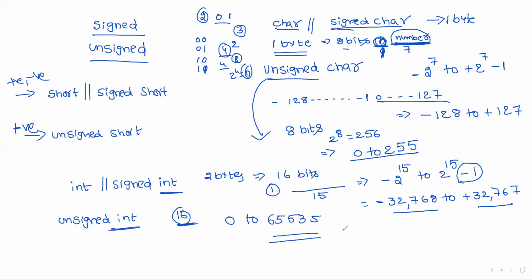Okay, this is integer. For short, signed short and short also are the same as this one. Now whatever it is, depending upon the number of bytes, if you observe how to write the ranges, then it is very easy to calculate. These are the different data types that are used in the program. Okay, thank you.